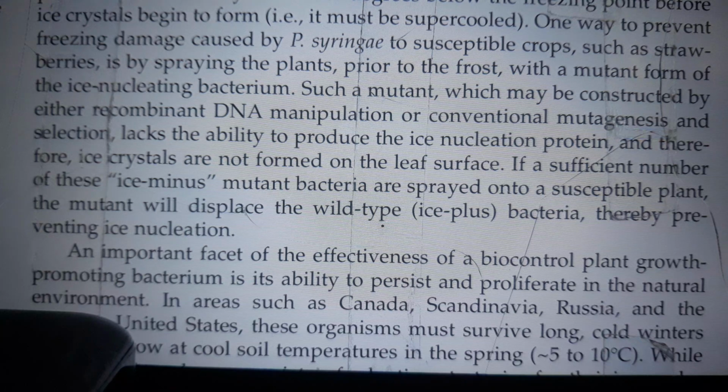One way to prevent freezing damage caused by P. syringae to susceptible crops such as strawberries is by spraying the plants prior to the frost with the mutant form of